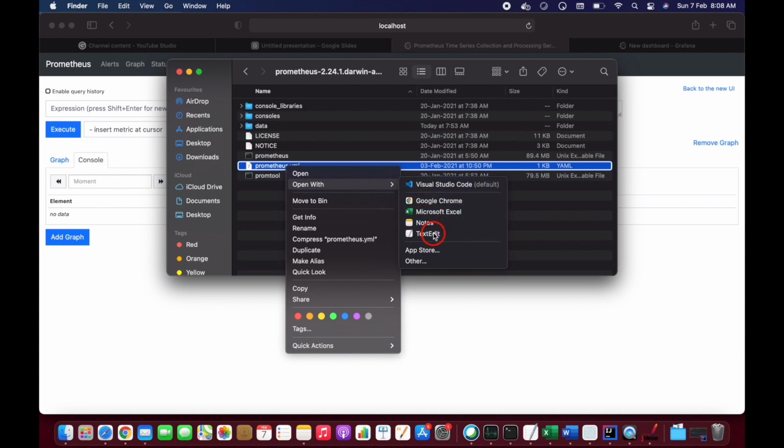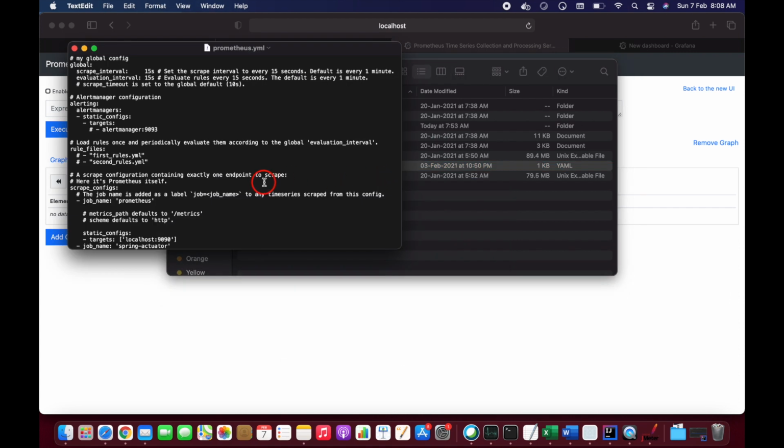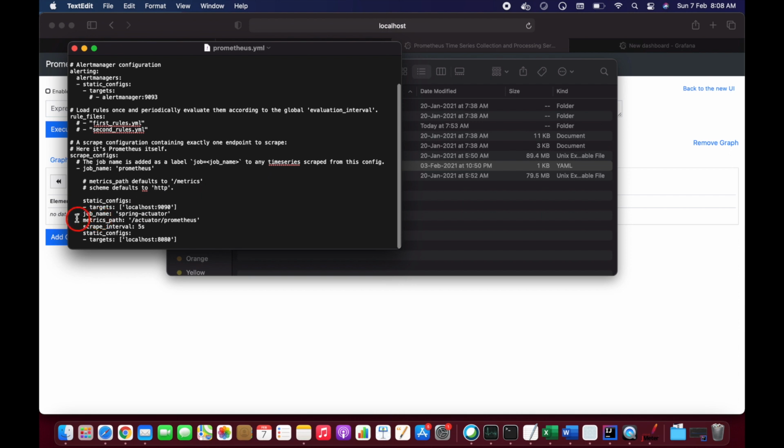Let me open this, guys. Basically we have to add the job name. This is the extra portion that I have added here, that is Spring's actuator. Here we need to add the metrics path, that is actuator/prometheus, and the interval time and the static configs, the target name. Our endpoint is running on localhost 8080 and actuator/prometheus.